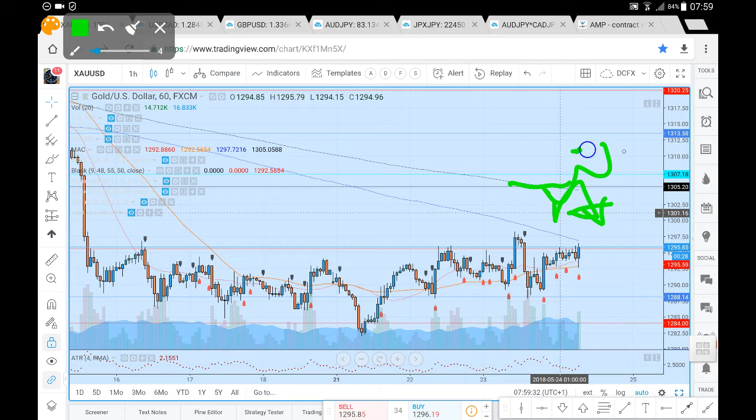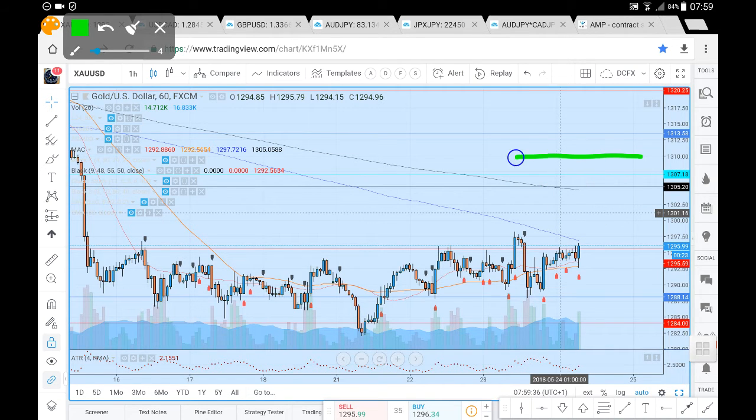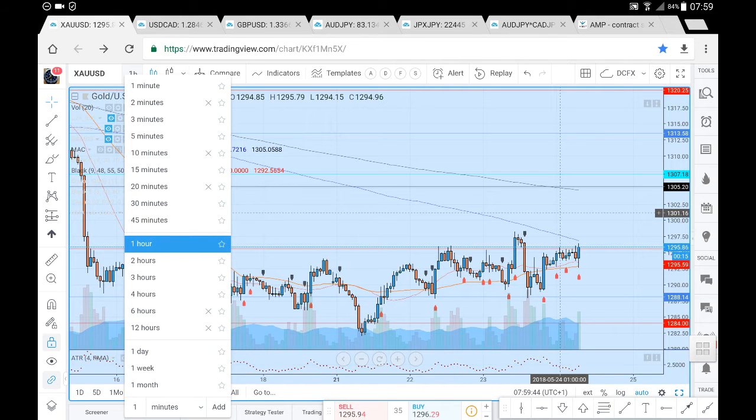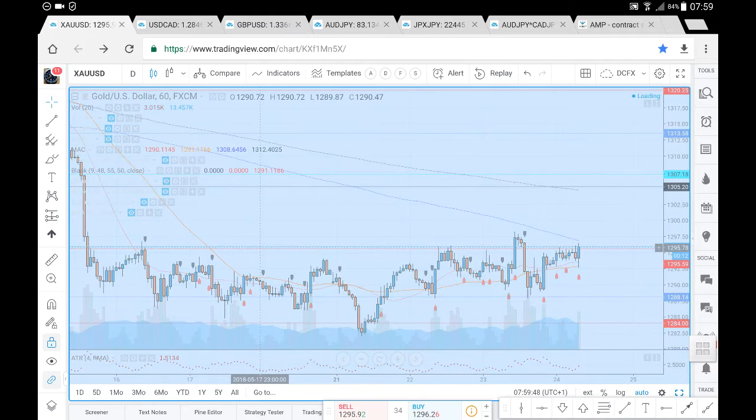But if we do see sufficient volatility to break above the 1305, I'd expect in around that 1310 to be the far end of the range here to the upside on the XAUUSD. What we'll do now is we'll have a brief look here at the daily chart to see how prices are developing. So over here on the daily chart,